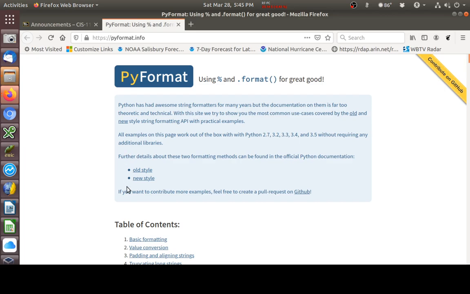So there is an old style of string formatting, and there's a new style, and there's an even newer style that's not even in this online material that's at pyformat.info. So I'm going to try to talk about all three here. But just so you understand,